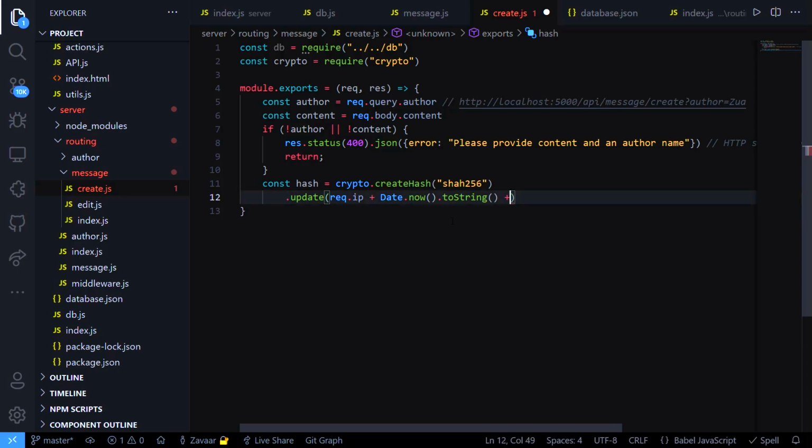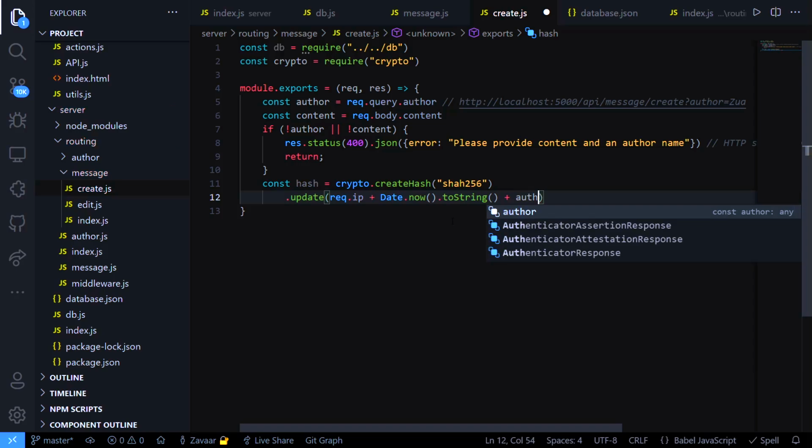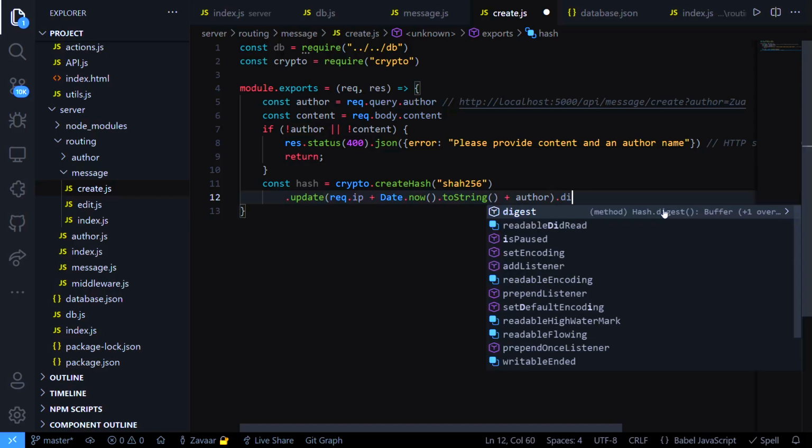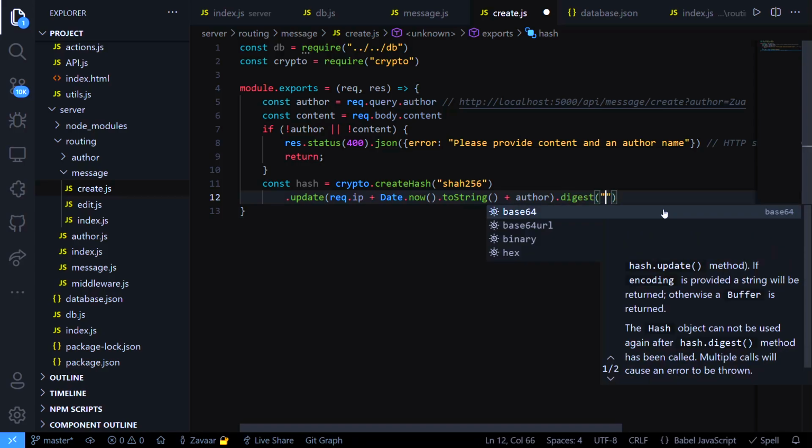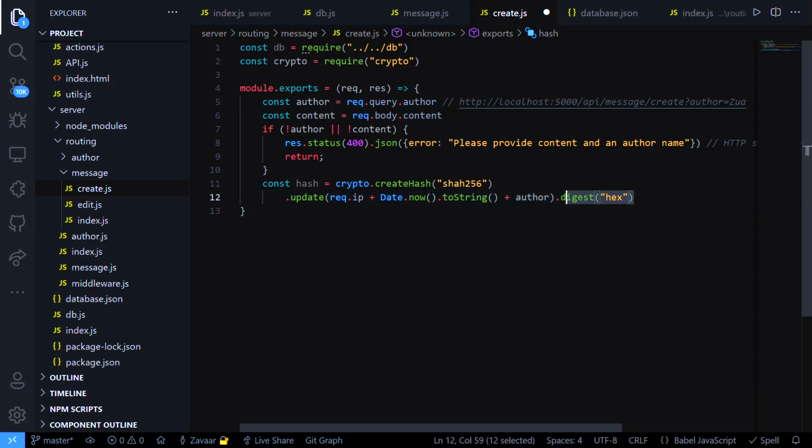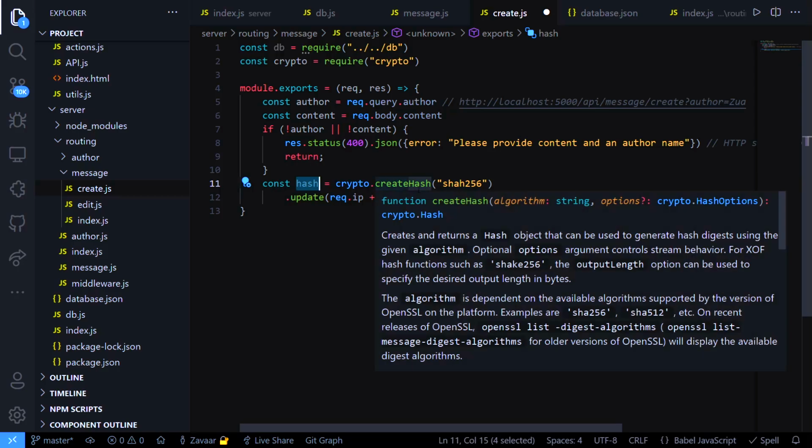Okay, and then we're gonna throw in the author name too. Why not? And you could just keep hashing a ton of stuff to make it even more, but it doesn't really matter. So digest. We're gonna put this in hex,